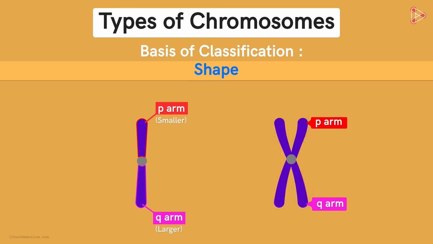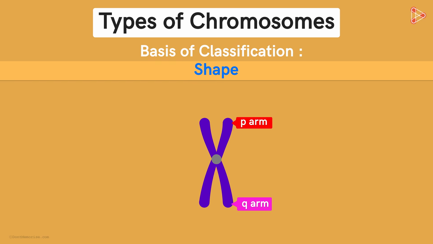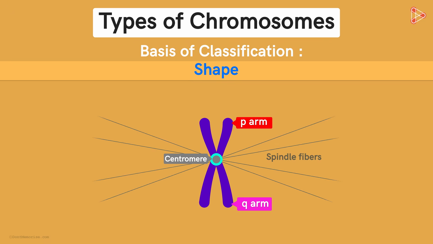Now let's focus on this chromosome structure. Can you guess what the structure is called to which the arms are attached? Well, this knot-like structure is called centromere. It's the portion of DNA that acts as a link between the two sister chromatids. But that's not its sole purpose. Its major function is the attachment of spindle fibers during the cell division process.